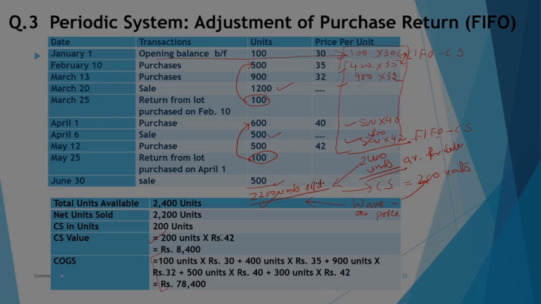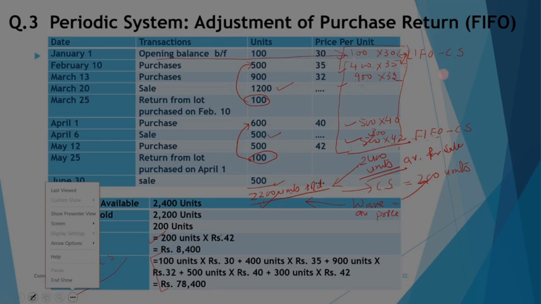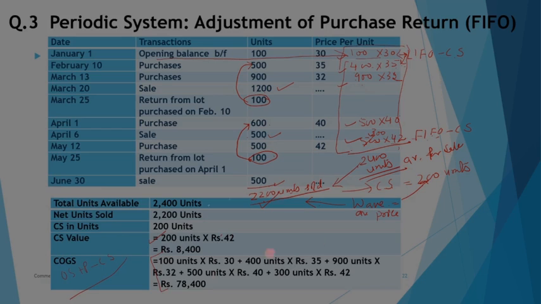You can determine cost of goods sold as opening stock plus purchases minus closing stock also. So this is your opening stock. These are all your purchases, then deduct closing stock. So it is as good as calculation in this way.